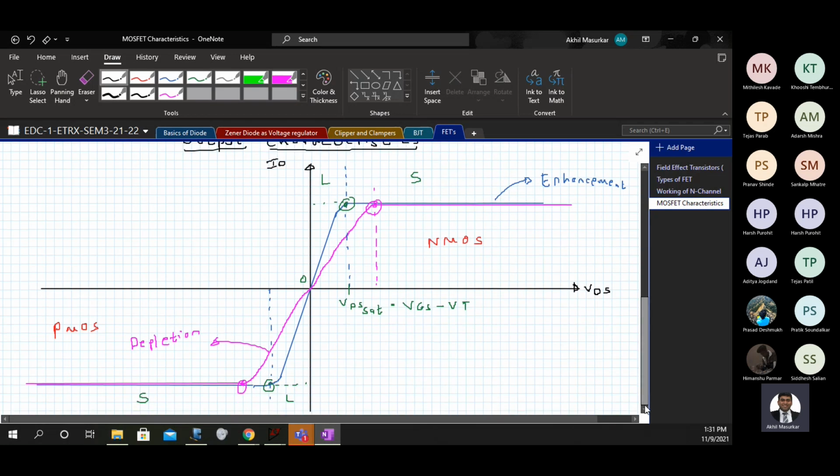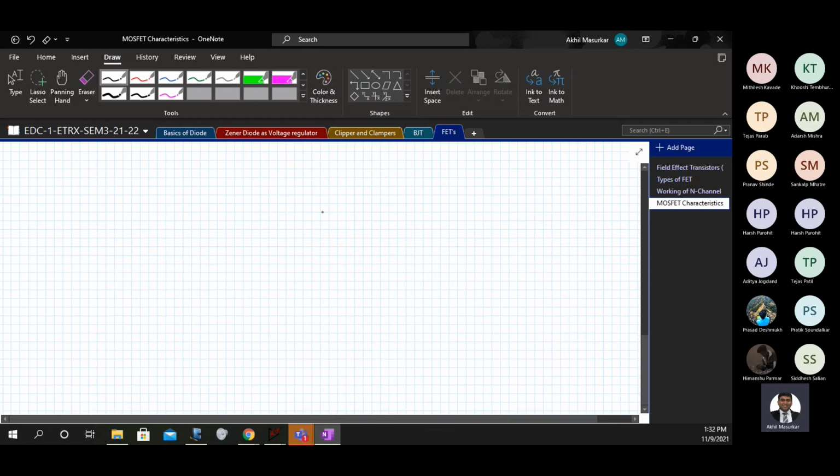Now, like I told you, our MOSFET circuit was like this. Coming back to our schematic, this is plus minus VDS, this is drain, source, gate and body.